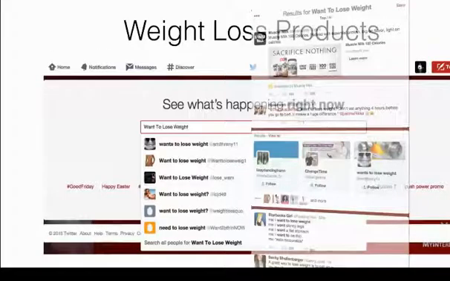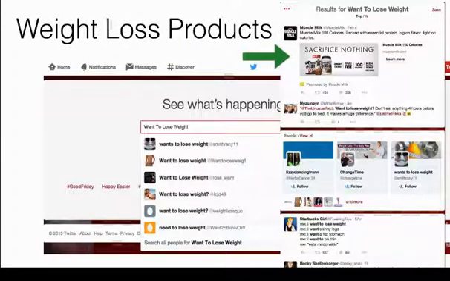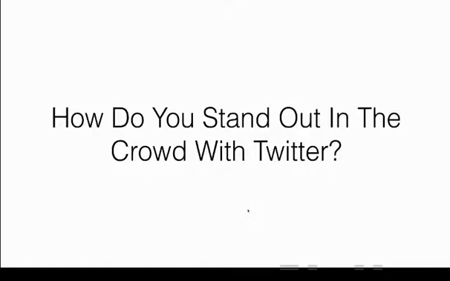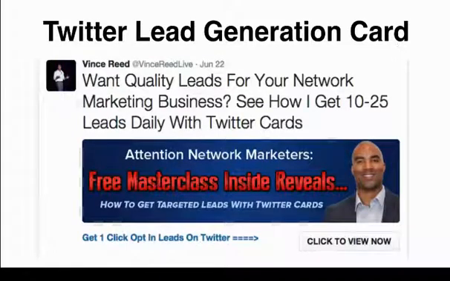Because as we go back to the prior slide, you'll notice that this is what most people are used to seeing, right? Just your typical text type of tweet in the newsfeed. Now, the way you stand out in the crowd on Twitter is with Twitter cards. So here's an example of a Twitter lead generation card, and it's one of the ways in which I generate